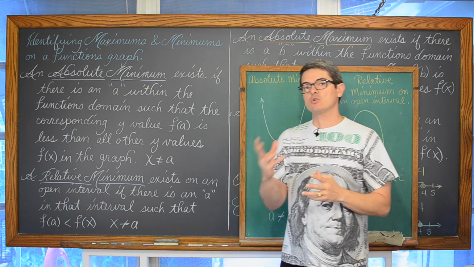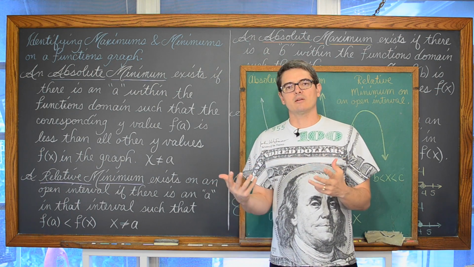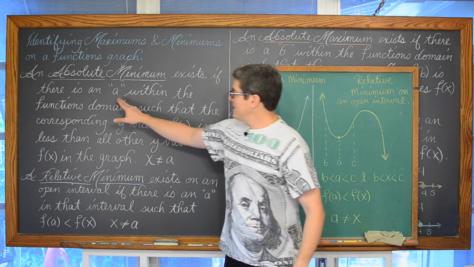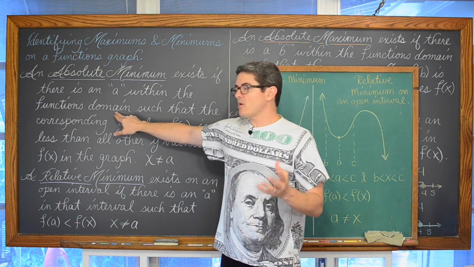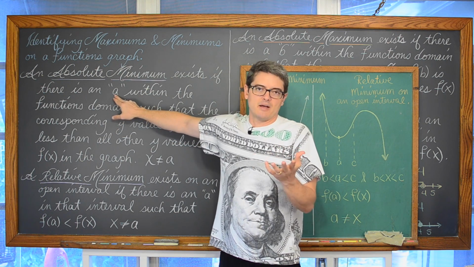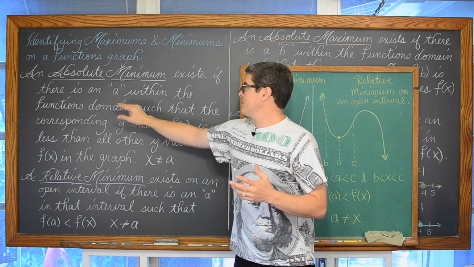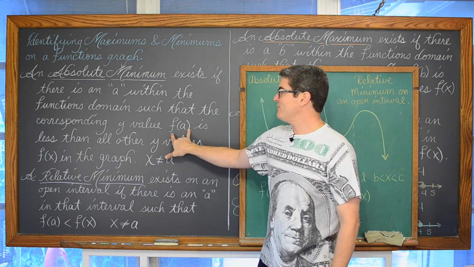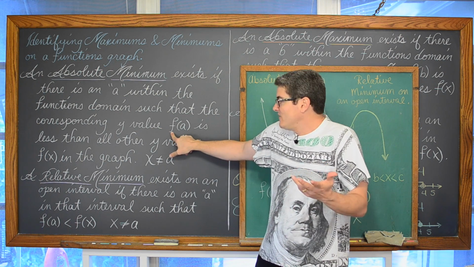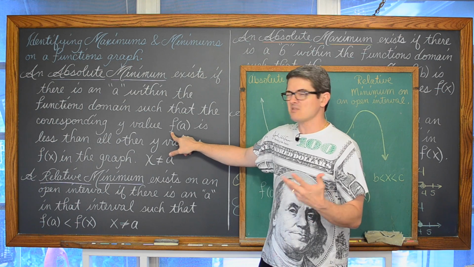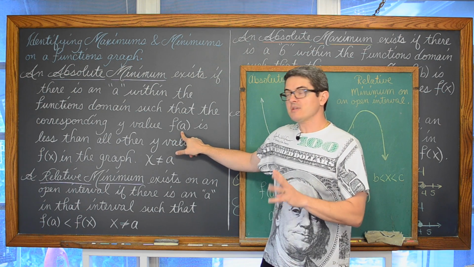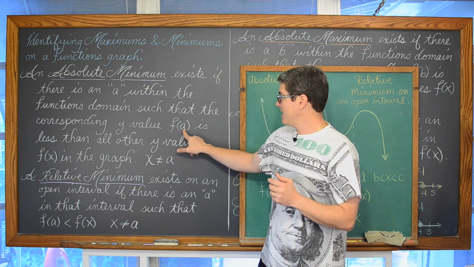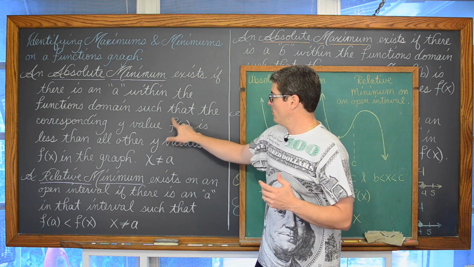Well, right, the domain is your input values, and if you're just talking about a graph on an xy axis, they are the x values. So a within the domain, that's part of the sentence that's telling you that this is an x value, that there is an x within the domain, such that the corresponding y value will be f of a. Here f is the name of the function, this is function notation, and the variable that's inside the parentheses is the independent variable, the x. You plug in the x, the input value, get out the y.